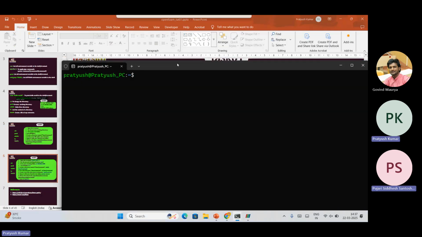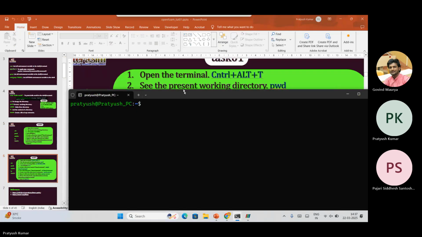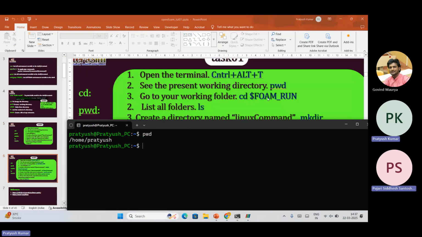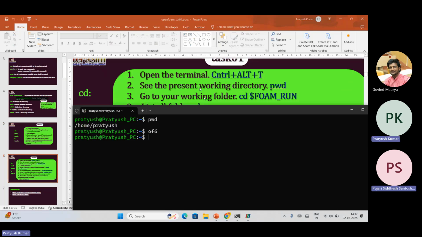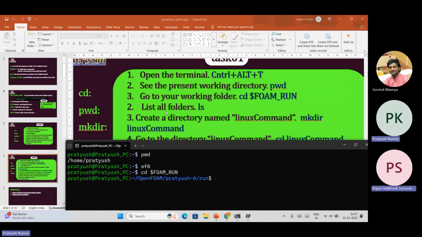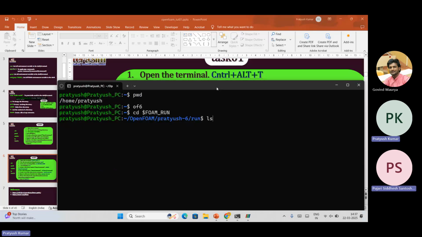So we have opened the terminal. Then if I type pwd, it is going to show you the present working directory. And before typing foam run, I need to create the OpenFOAM 6 environment. So now I can go to my foam run. Okay, so currently I'm in my foam run. And here I can list using the ls command. I can list all the